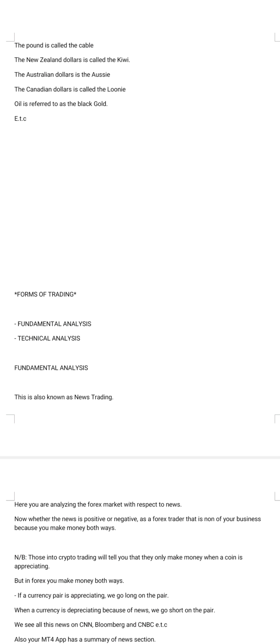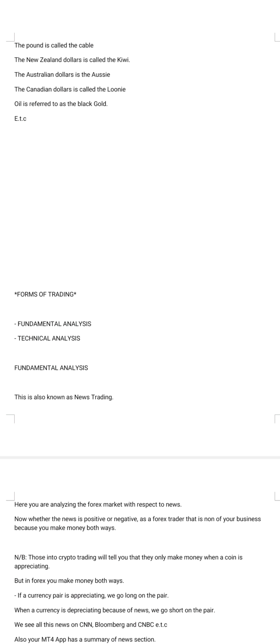Apart from the non-farm payroll I talked about, where the US government brings out reports on how the economy is doing on the first Friday of every month, there are also other news